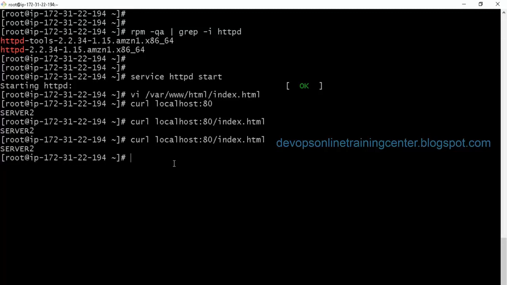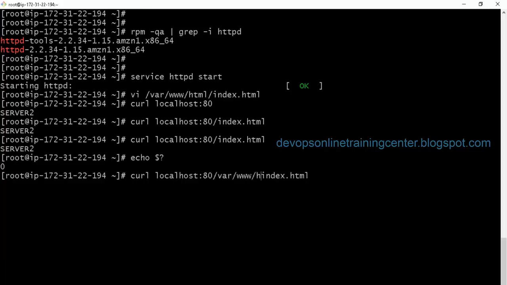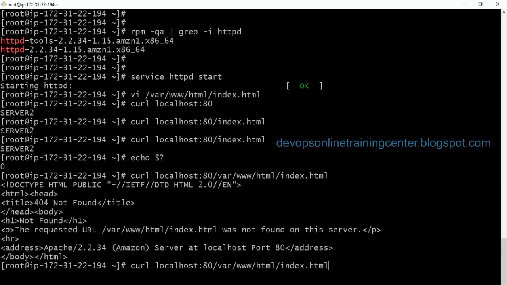How do I check the return code of this? How do I check whether this command is successful or not? This is 0. Oh yes, 0 indicates that it is successful. So if I give something else, what happens? Oh, this is also 0.